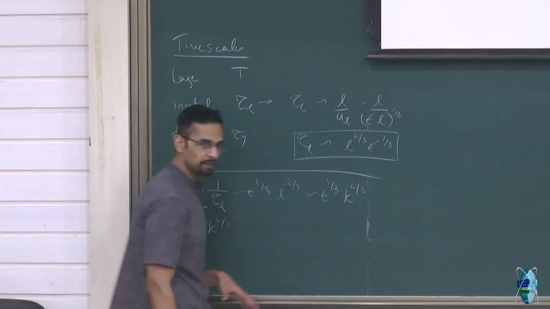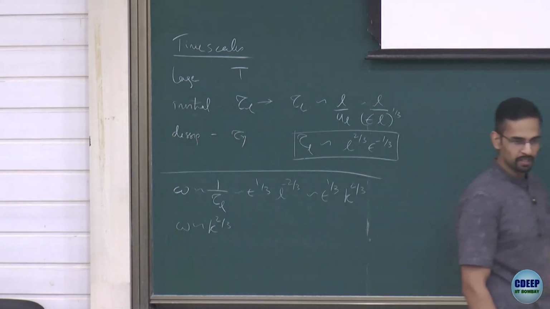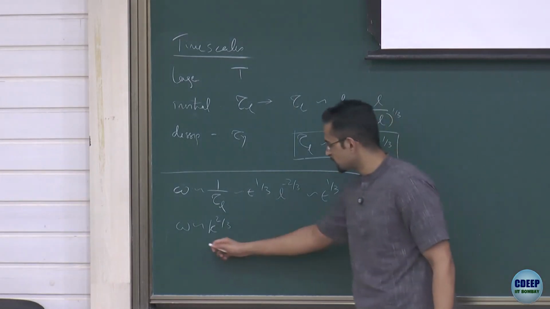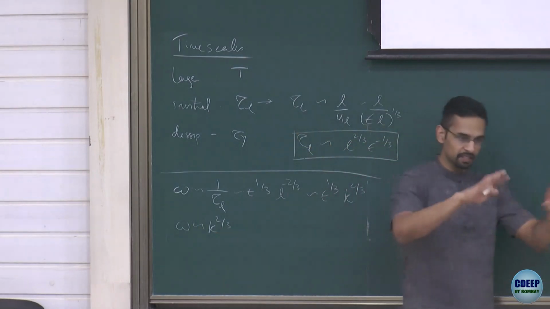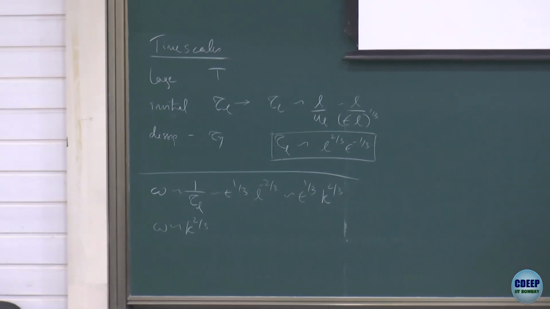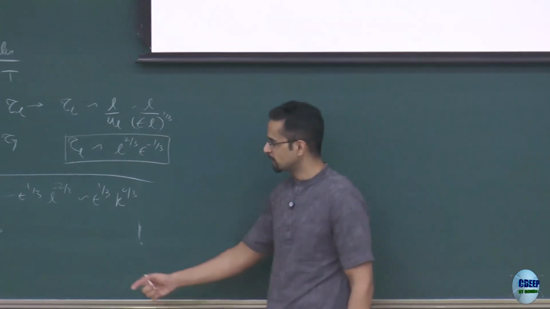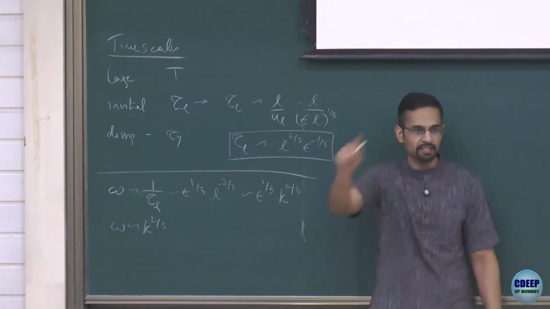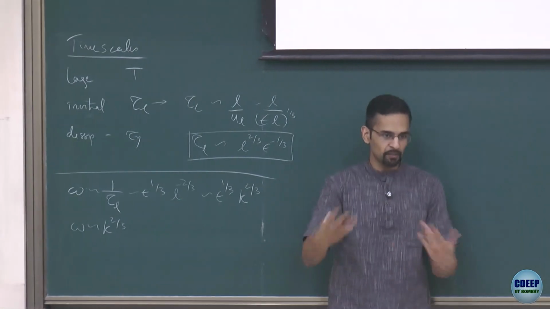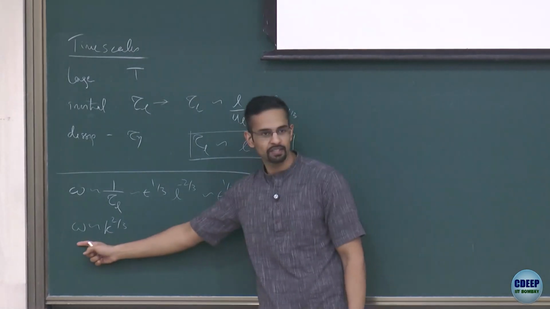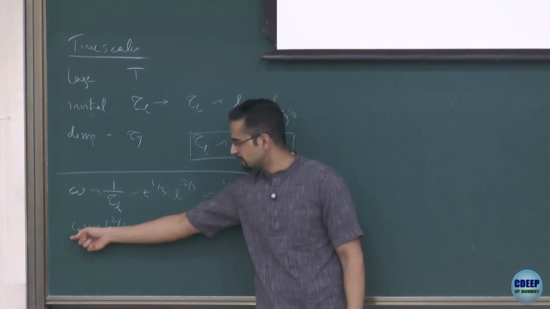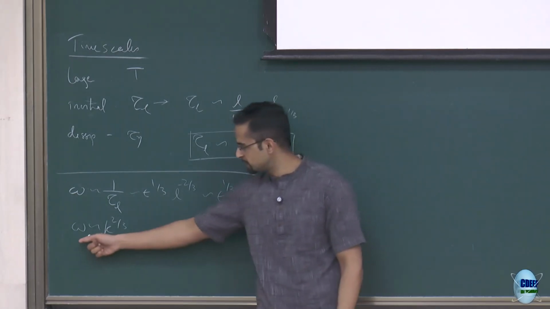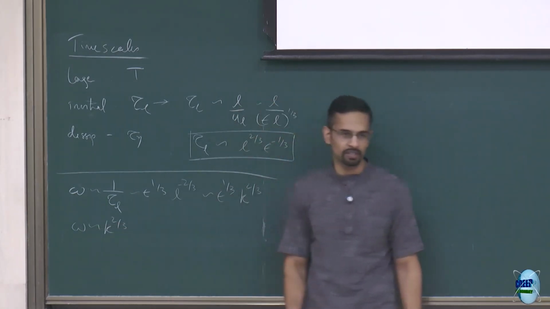So what this means is, if I'm in my temporal signal, the part of the temporal signal that is contributed by a certain structure of length L or a wave number k will have this behavior. In other words, if I have some eddy of size L, its turnover will give me fluctuations which correspond to this frequency. So the omega of a certain structure of size L equal to 1 by k will be k to the 2/3. That's what I have said.